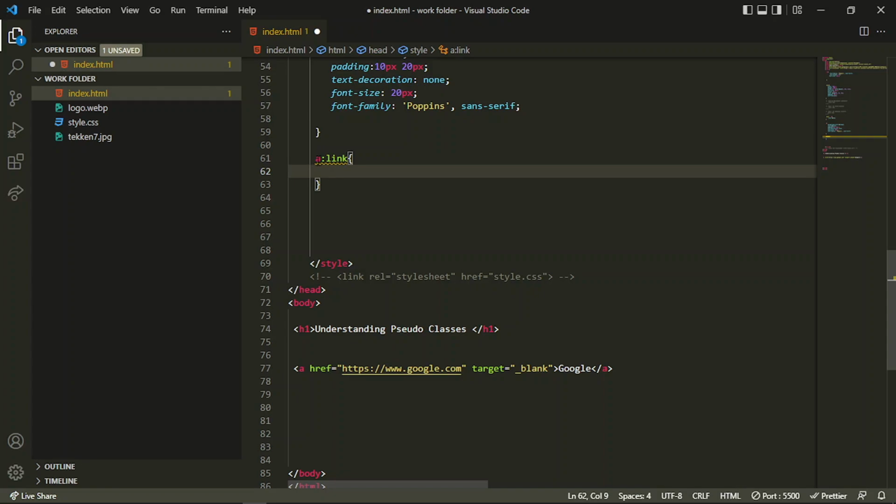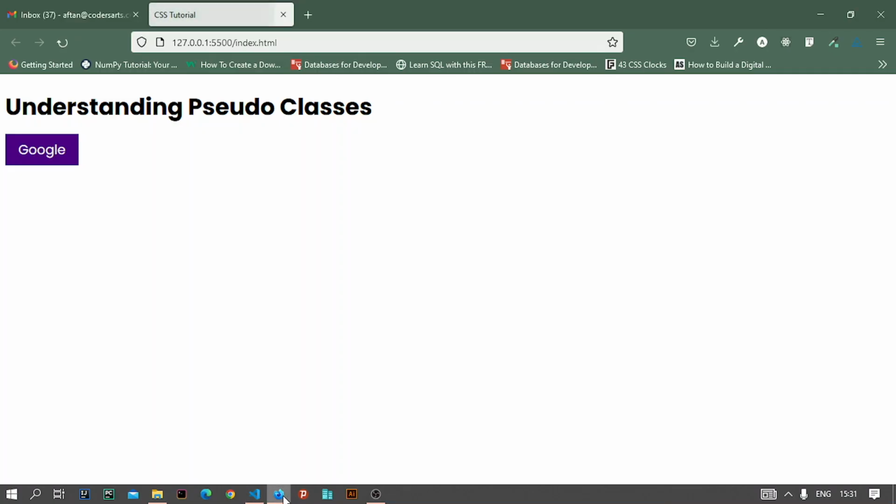So a colon link means when the link is not actually clicked, or when the link is just a normal link. So how should we give the styling? I want a background color, let's say red, when the link is just initially shown to the user. So how should it be? Actually it is not applying because I have already clicked on this element. So that's why